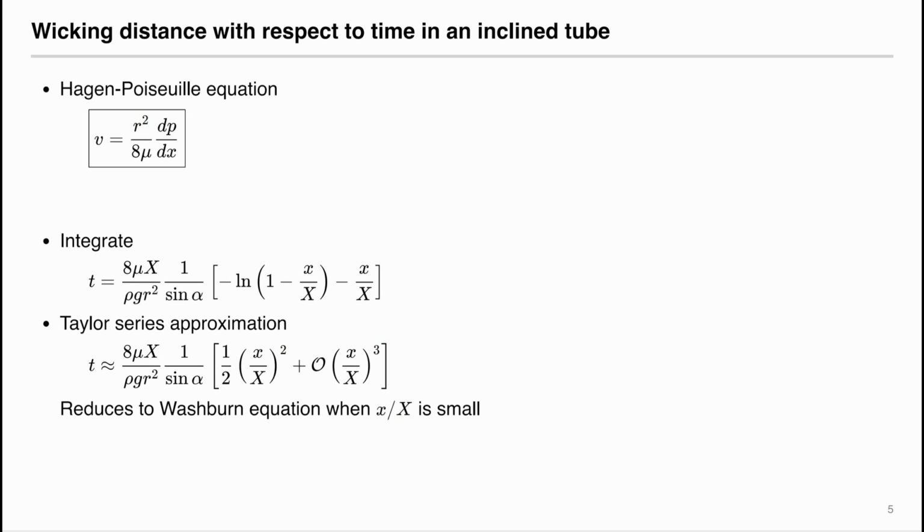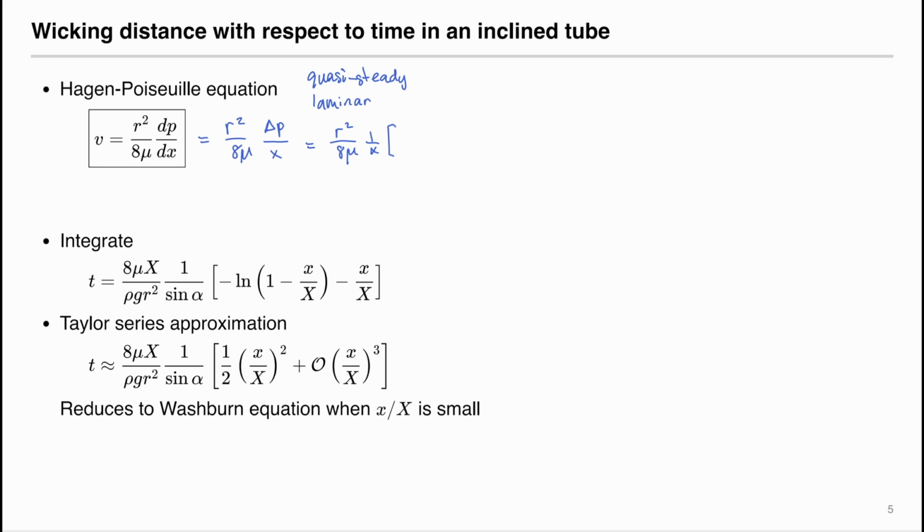And we can derive the wicking equation of an inclined capillary tube, similarly using the Hagen-Poiseuille equation by assuming quasi-steady state in a laminar flow in a circular capillary tube, so that the linear velocity equals r squared divided by 8 mu times dp dx. In this case dp dx is the full delta p divided by x. And delta p is equal to